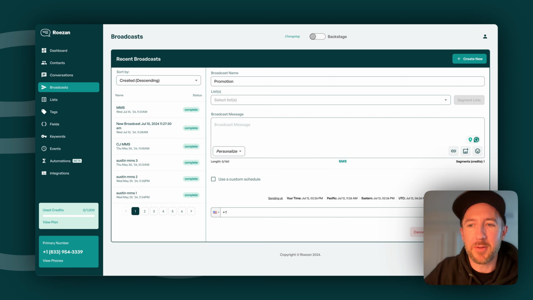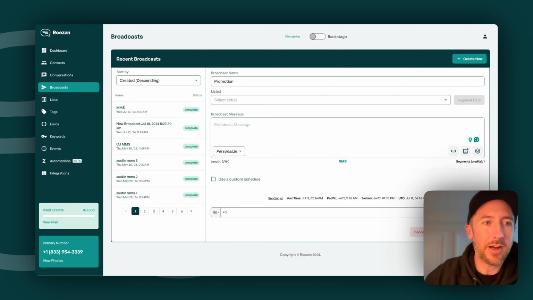So the first thing you want to do is get your contacts in here. I won't go in depth on that, but you can get your contacts in here a lot of different ways. You can bulk upload with CSV. You can also use Zapier to import them. You can also use any of our native integrations, but very easy. You can also just manually input people in here. But whatever way you want to get people in here, you got your contacts, you'll put them on